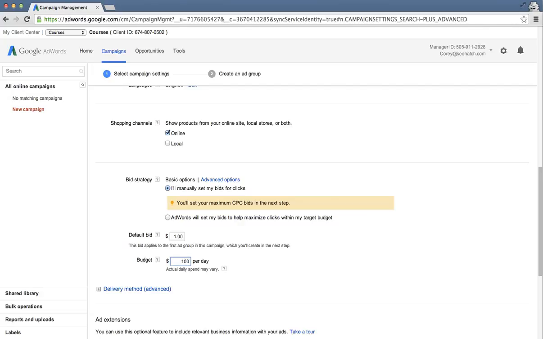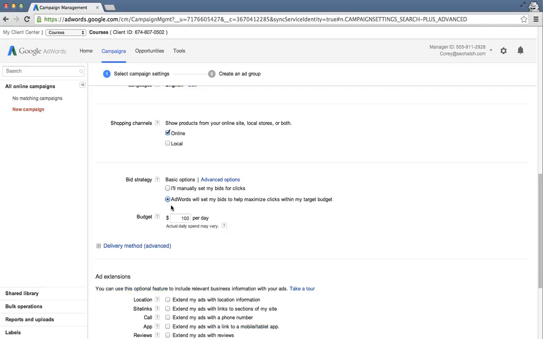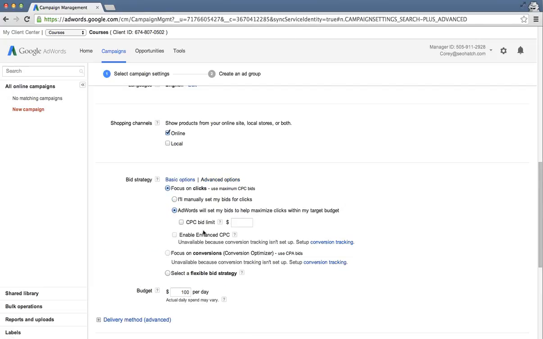So if you add all your keywords and you leave them on the default bids, the highest that you're going to spend is $1 per click, and then your budget would be $100 per day times 30.4 would give you that monthly budget like we talked about, that easy calculation. But if you want to allow AdWords to maximize your clicks within your target budget, then you don't set that default cost per click. Now if we go into advanced options, you can focus on clicks, and you can either